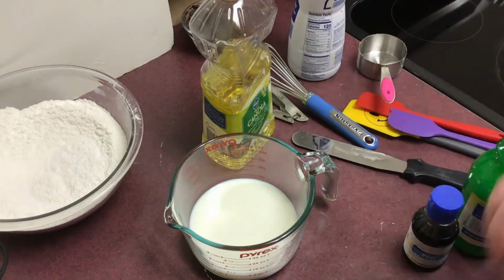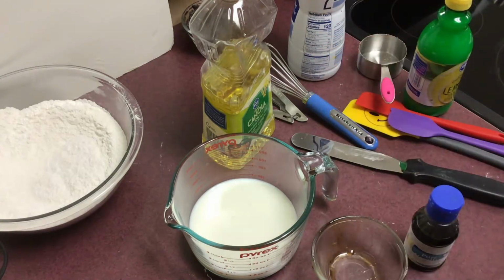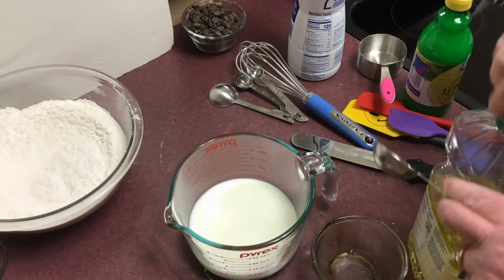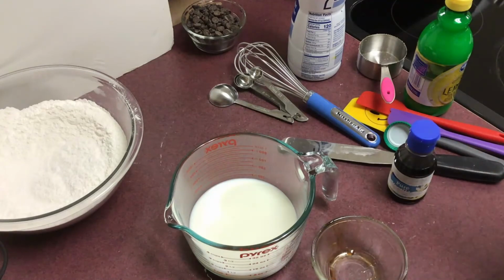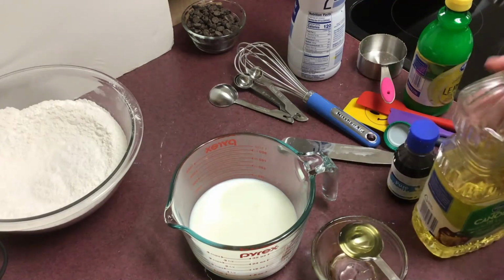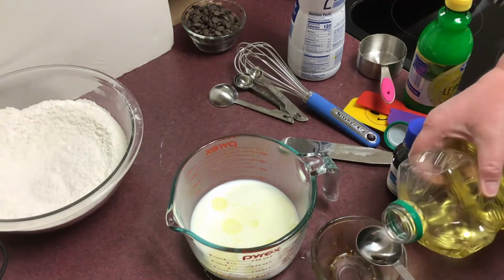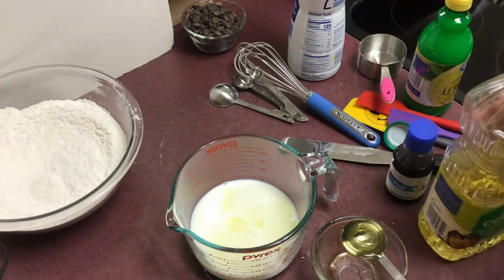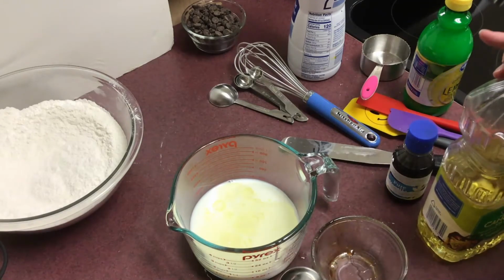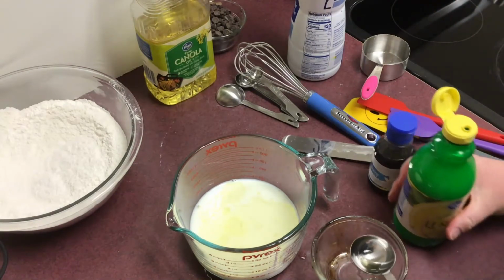I need to add 2 tablespoons of vegetable oil. And because my ingredients need to bubble at the edge of the spoon, I'm going to measure my oil over a custard cup so that any excess gets caught and it's easier to clean up. So here's my oil. Again, I want it to bubble, so there's 1, 2 tablespoons of oil. Now I need to add 1 tablespoon of lemon juice,